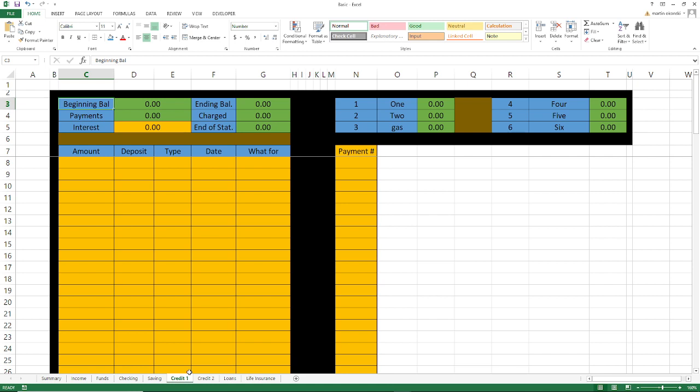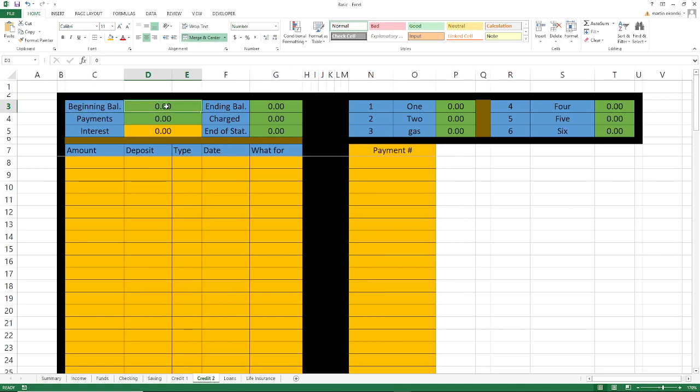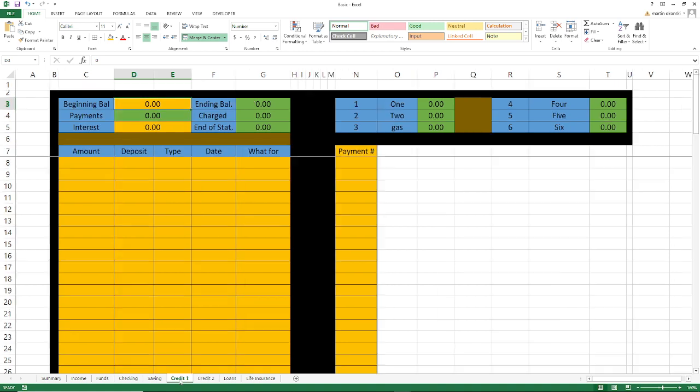Credit cards. Oh, this one has to be gold. And this one has to be gold. Sorry about that. So at the beginning balance, you want to put the beginning balance as, let's say, negative $500. As you can see, it goes to red.